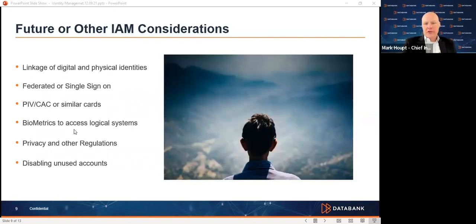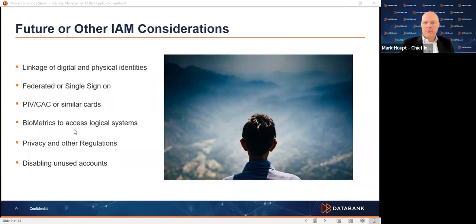All right, some of the future things you need to consider with IAM, and I'm not going to go over every single one of these, but depending on the market or vertical that you're in, you're going to be seeing some changes come down. First of all, the linkage of digital and physical identities is already here and already coming. This is where what you do online will also allow you to have access to physical locations. So getting from one place to another inside of a building and so on is going to be the same identity, where typically it has been a completely different identity inside of most scenarios.